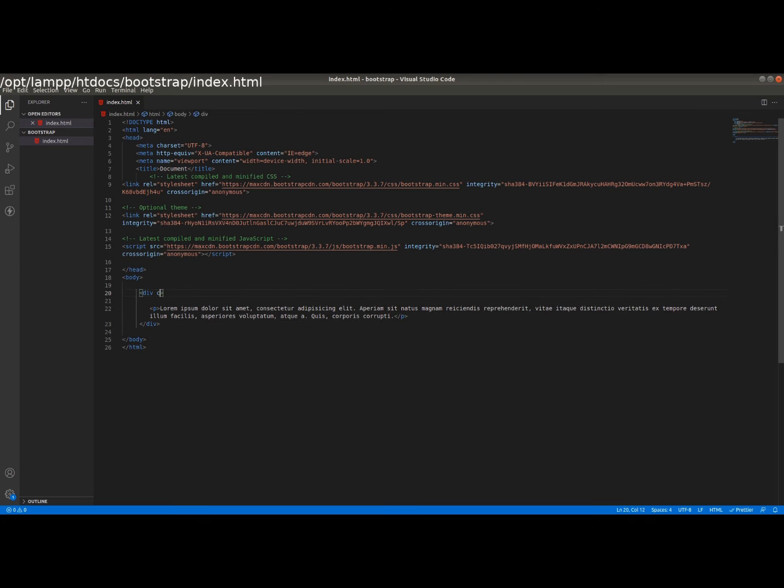Bootstrap has a class that is container. Container is basically to show your text as per minimum width of 100%. So Bootstrap is basically a platform with containers, a powerful grid system, and flex systems like the media.